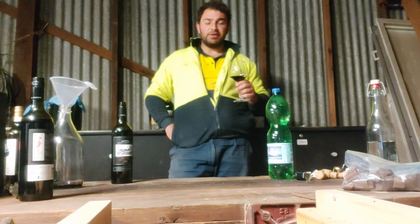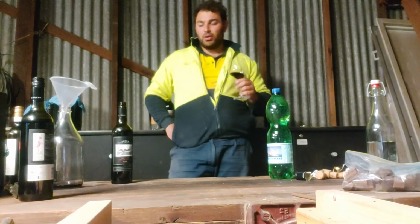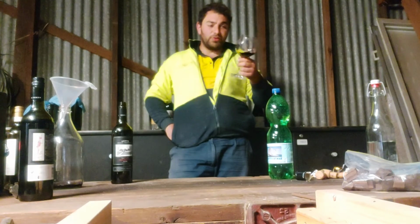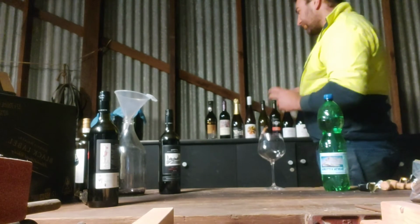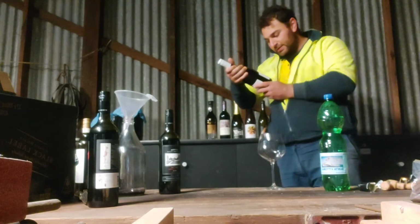That's the only way I can explain it, because the Pepper Jack undoubtedly benefited from age. Whereas this unbelievable Coonawarra region Cabernet Sauvignon is merely just drinkable. Christ almighty. For all that nastiness, I should get myself something actually half decent to reward myself for going through that. So I'm going to go with my...